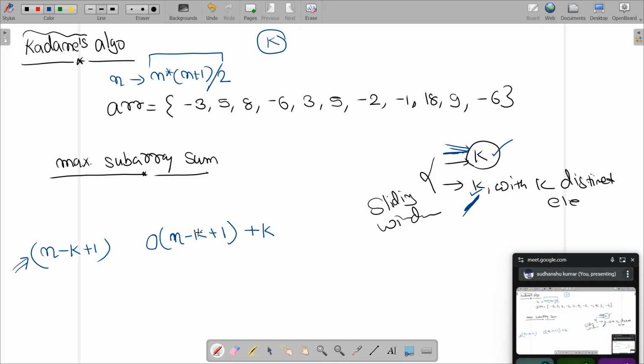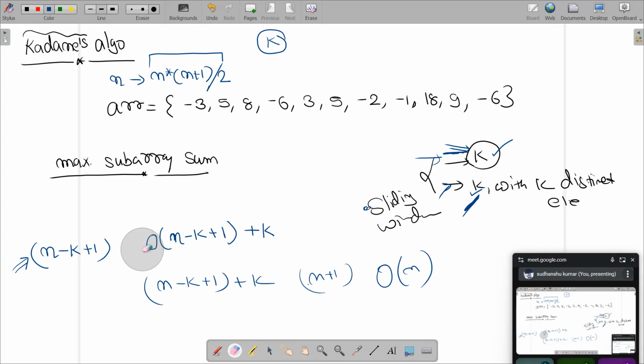The reason being, for only one subarray we are running the loop in the sliding window protocol. With either of these problems, we executed our loop only for the first subarray. So there are n minus k plus 1 subarrays of size k, I will take this much time and then k amount of time for the first subarray. So in about n iterations you could have solved that problem. Long story short, it's order of n itself.